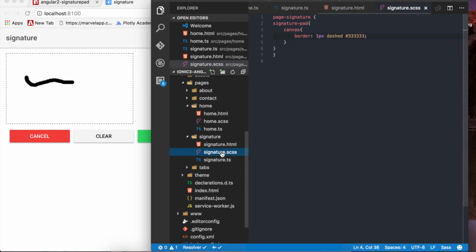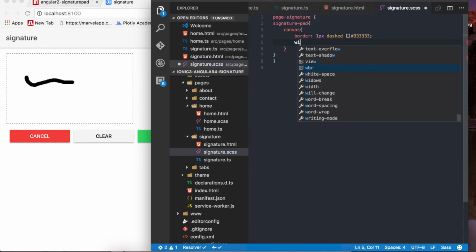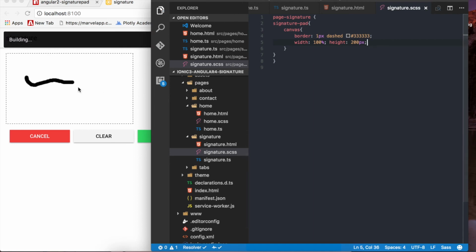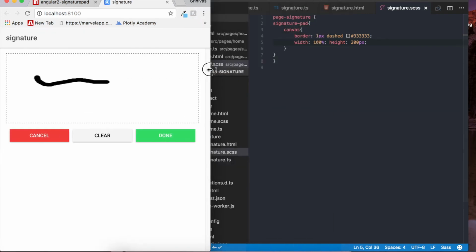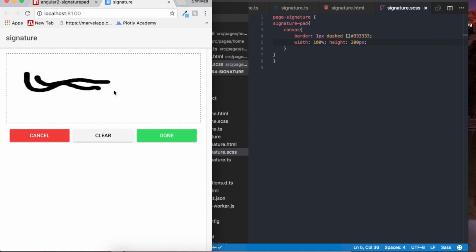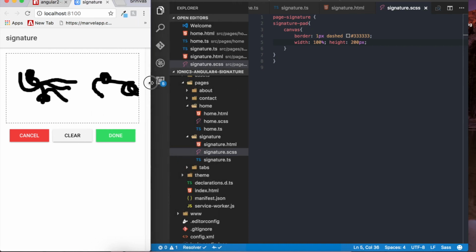Let me make it width 100% and height 200px. Let's see this. Now if you see this, whenever you change it, it will adjust the width, but the signature sometimes comes in the wrong place. See, the mouse placement is different, because we need to reset the canvas every time